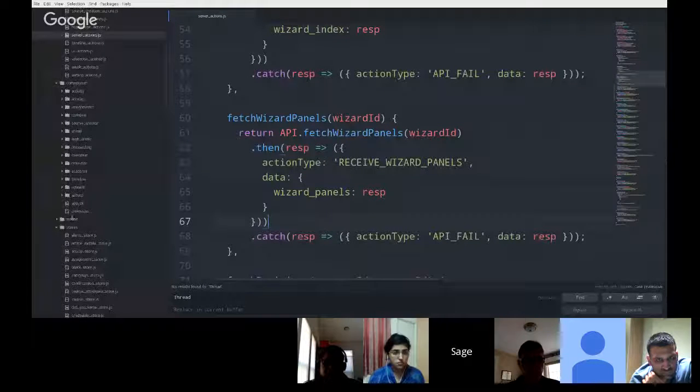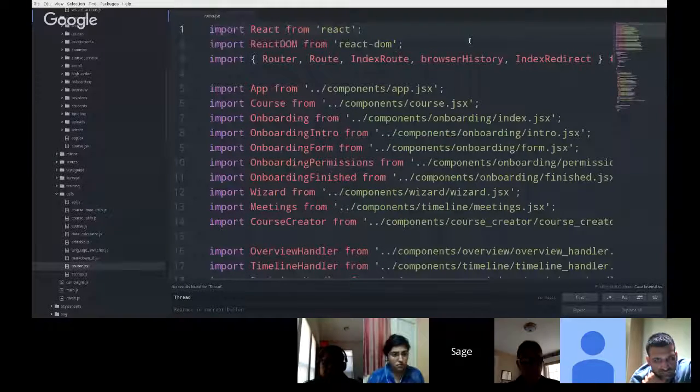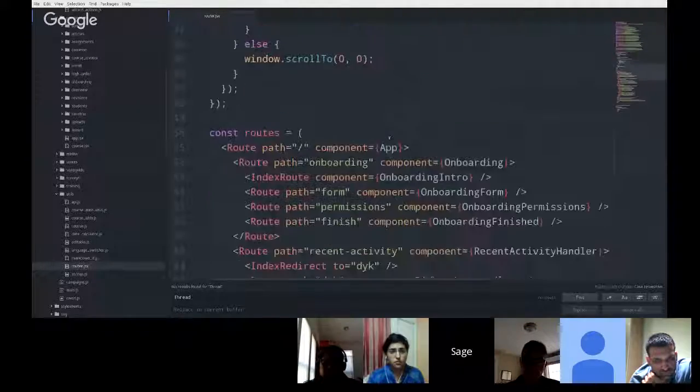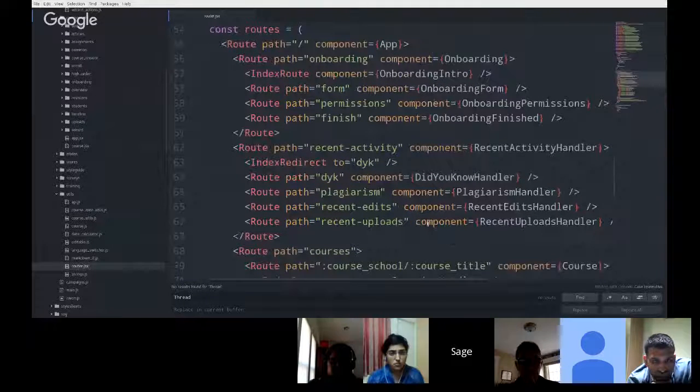The router is kind of hidden away in the utils directory here, but the React router is a special bit of React, and the way it works is you define this nested set of paths. And anytime the JavaScript sees a